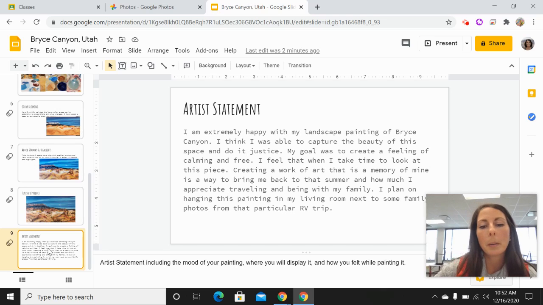So include the mood of your painting, where you will display it, and how you felt while painting it. So for me, I'm extremely happy with my landscape painting of Bryce Canyon. I think I was able to capture the beauty of this space and do it justice. My goal was to create a feeling of calming and free. I feel that when I take time to look at this piece,